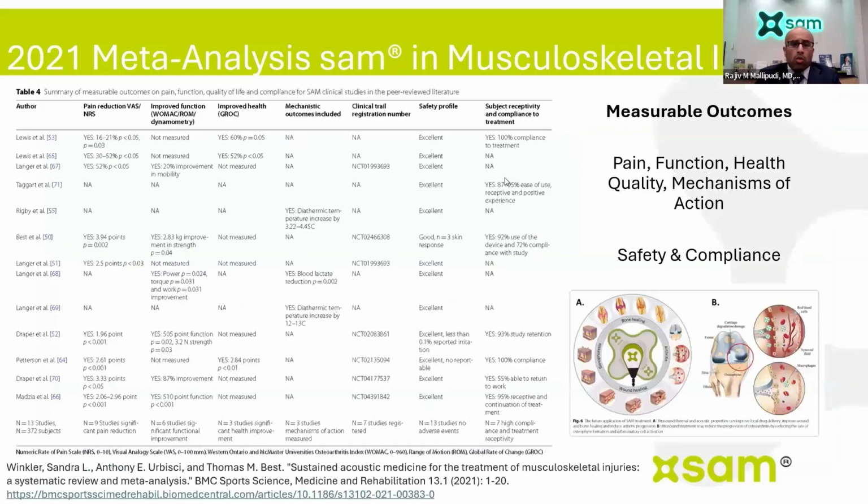So from these different trials, there were 13 of them. They overall showed some improvement in the pain function, healthcare qualities. There's even a trial from Draper that was published as well too, looking at patients with knee osteoarthritis. This was done in 2018. This was showing patients having with moderate to severe osteoarthritis as much as a 505-point improvement in their function score with the WOMAC score as well too, which is really exciting again as well